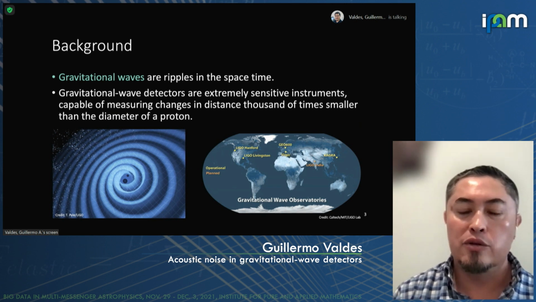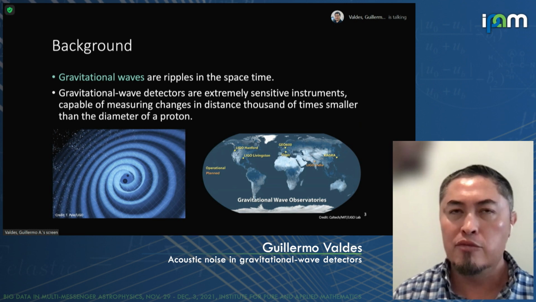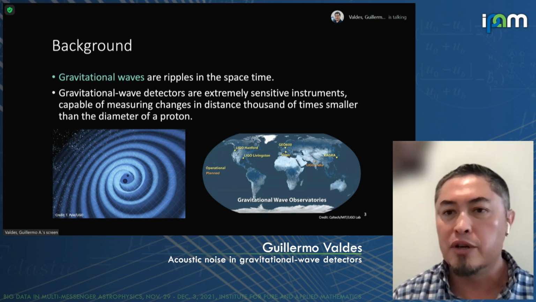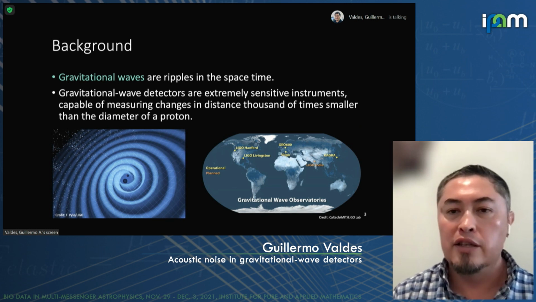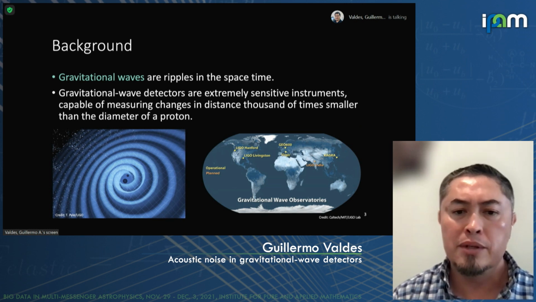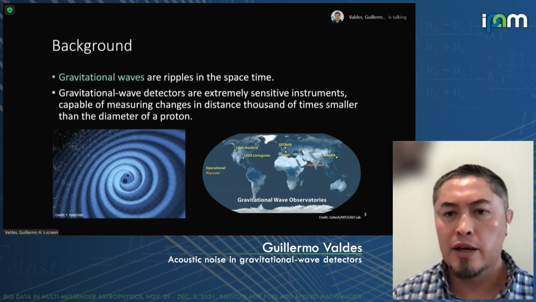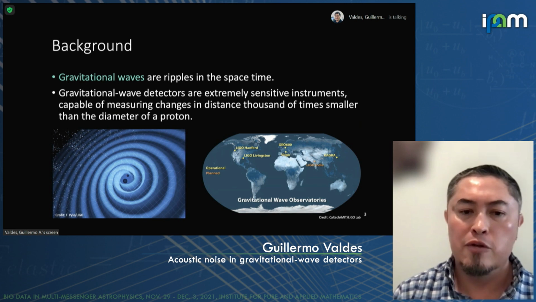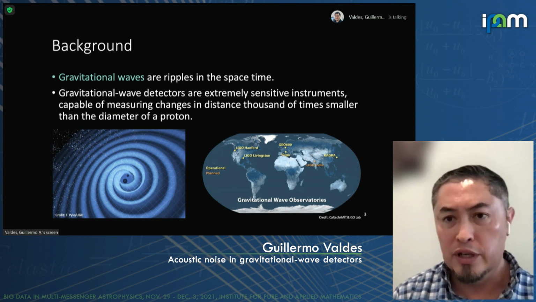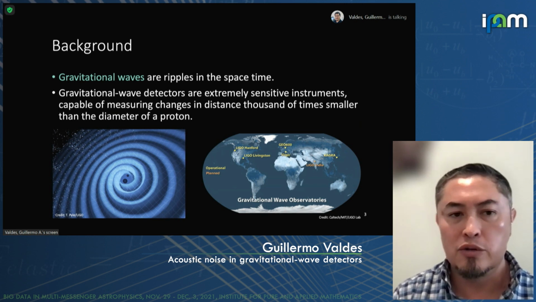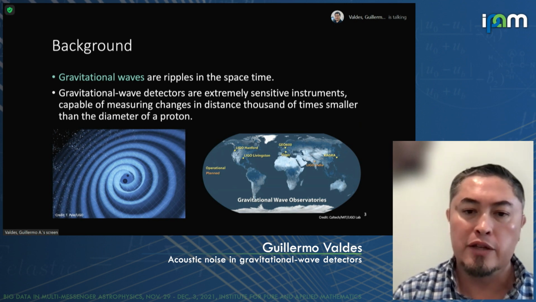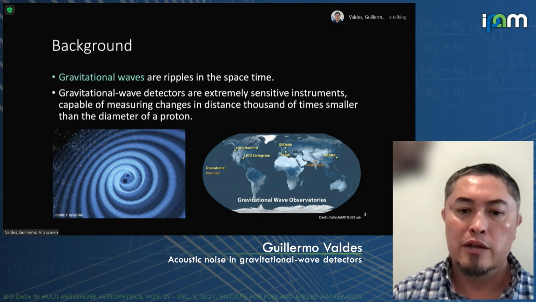And all these detectors are very sensitive. I'm calling detectors each one of these. As a group, we call them an observatory, because we need at least two to locate the source of all these gravitational waves. We have several across the globe, but I'm focusing on LIGO, which is one of the most sensitive, or the most sensitive, nowadays. And this particular work is for the LIGO Livingston detector.